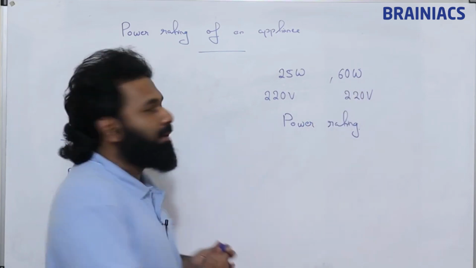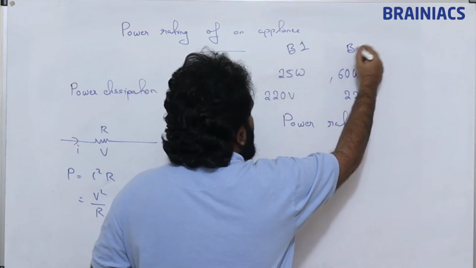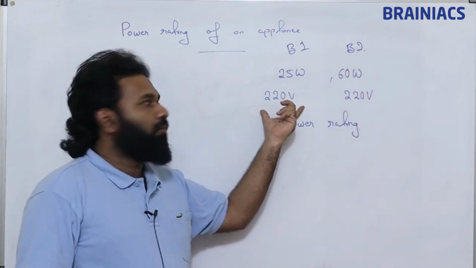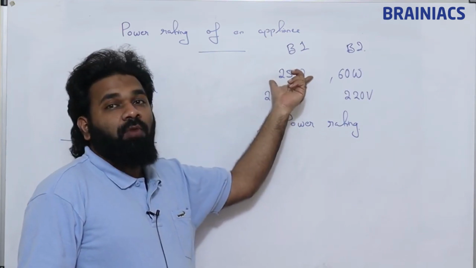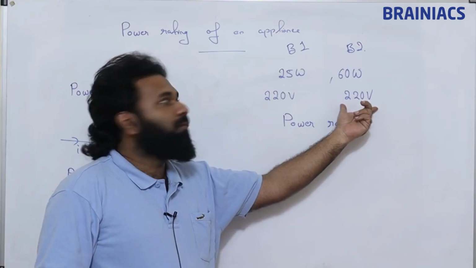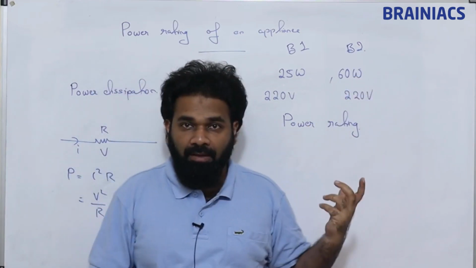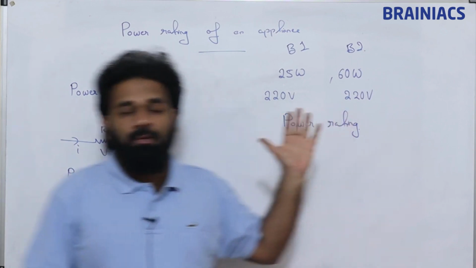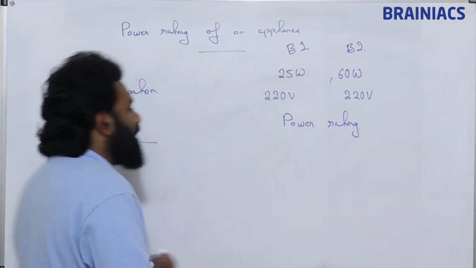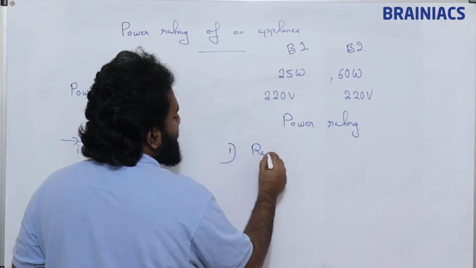What about this bulb? This is one bulb B1, this is another bulb B2. With an input of 220 volt, 25 watt power will be dissipated. With an input of 220 volt, 60 watt power will be dissipated. This is its meaning. So from this input, one thing which we are taking is, we will be able to find